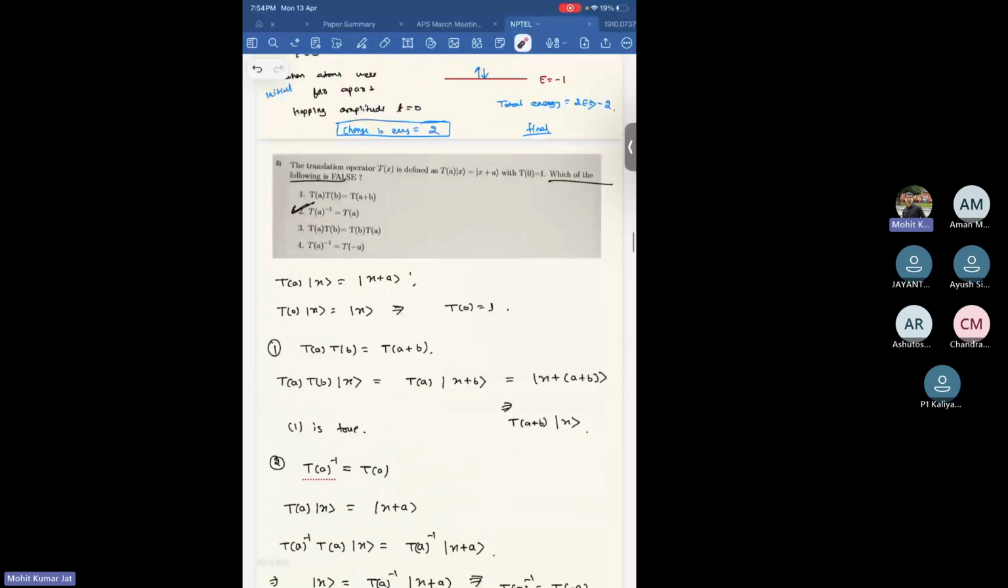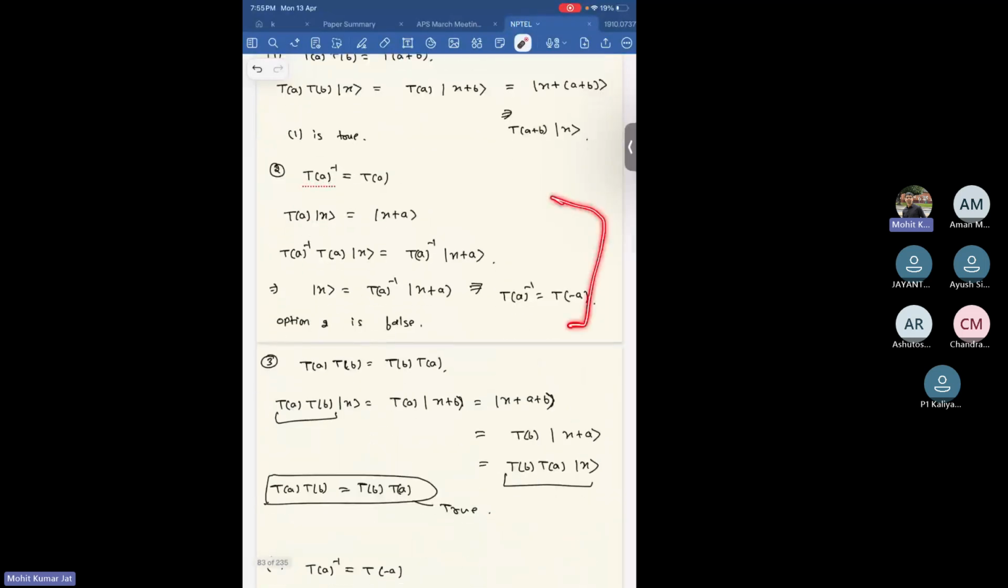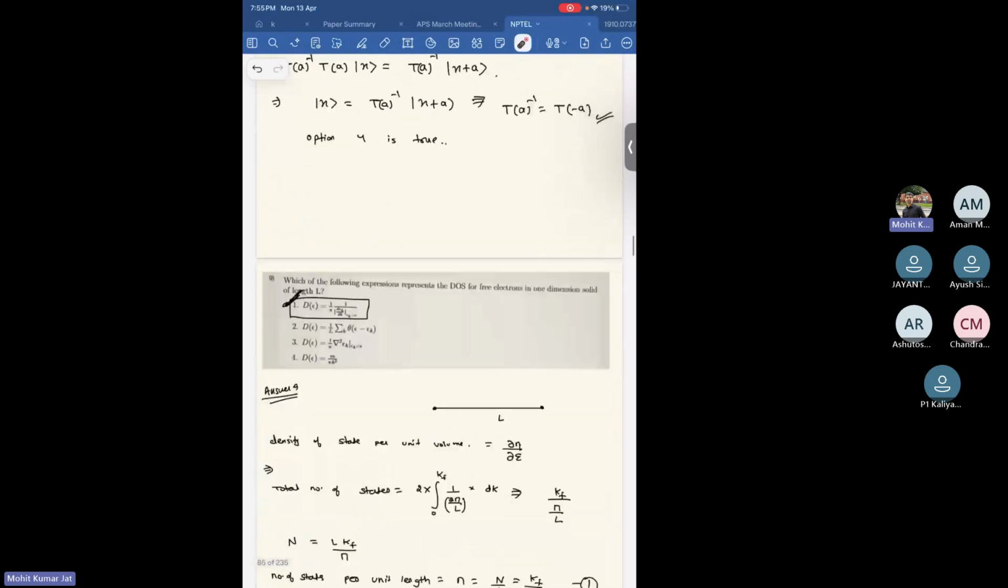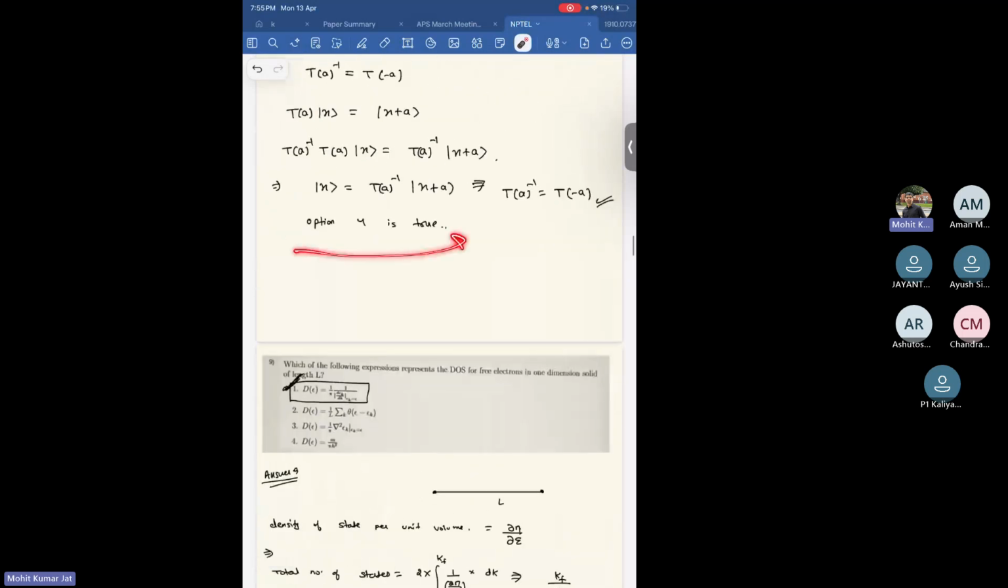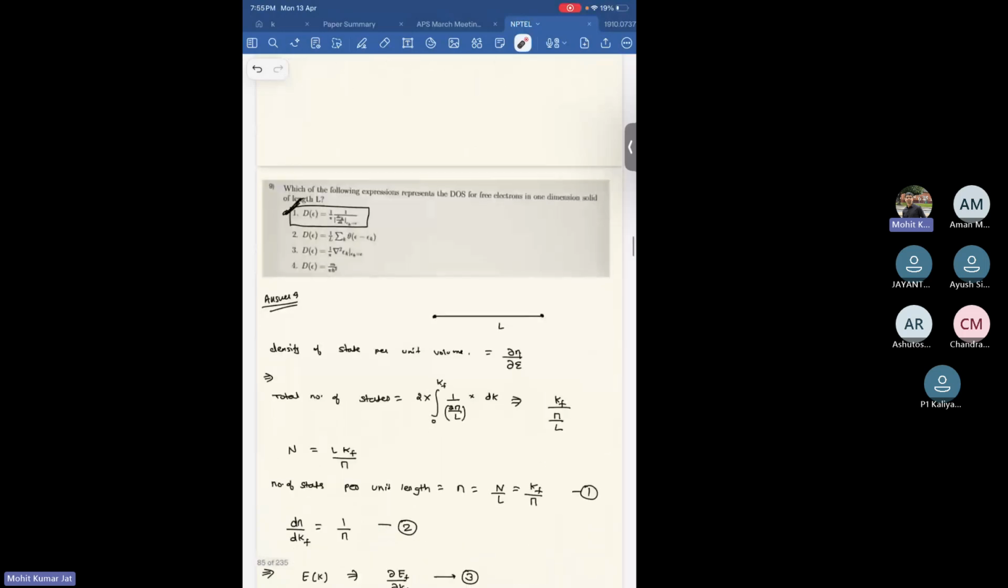The translation operator Tx is defined as this, which of the following is false. If this is just a numerical exercise, mathematics, you can go through this. I will anyway upload these class notes there, so you can just go through it, and you will see that option 4 is true for that one. And